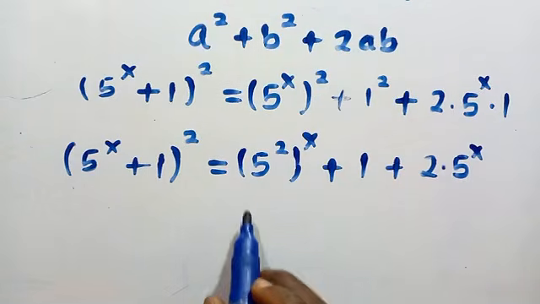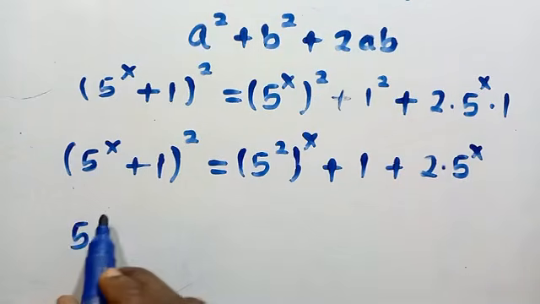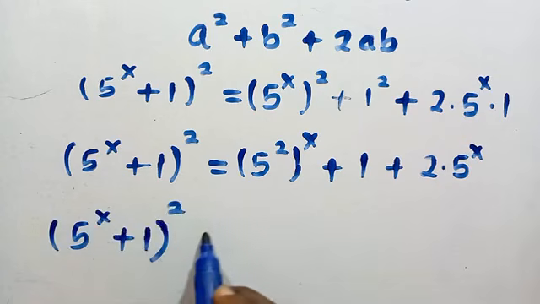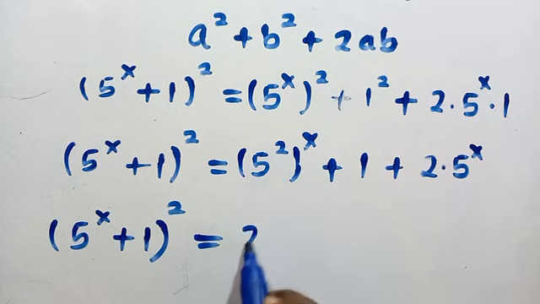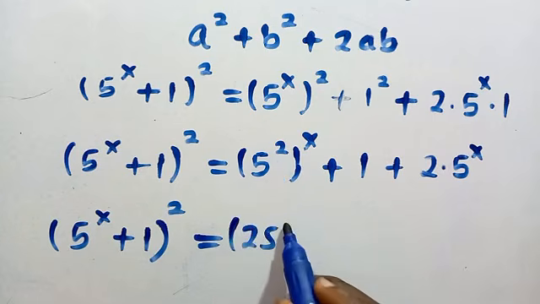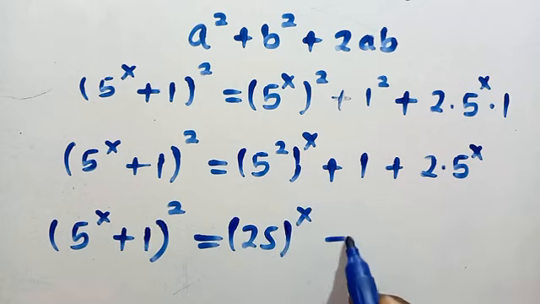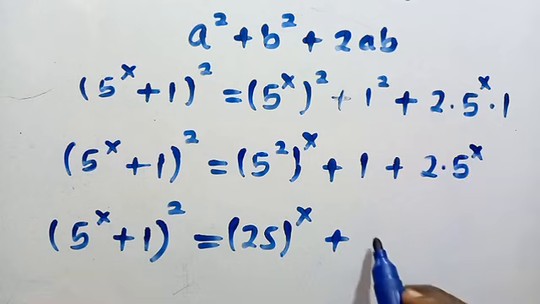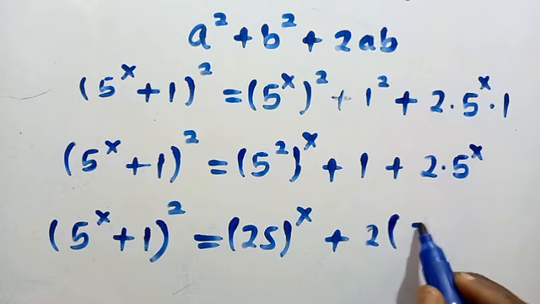Then let's continue. We have 5 power x plus 1 raised to power 2 equals 5 power 2, that is 25, then raised to power of x plus, also for this, if I write this thing as 2 bracket 5